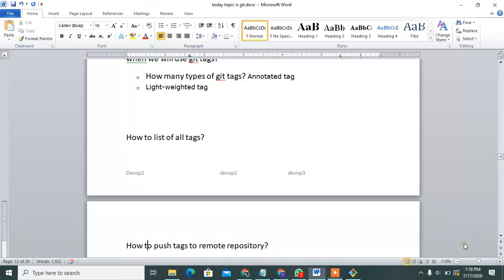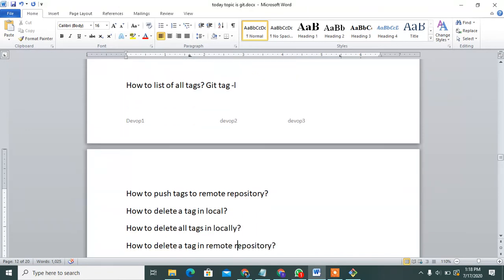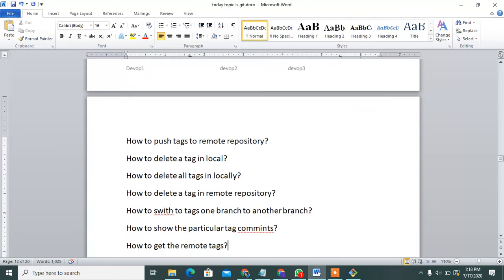Okay, next question: how to list all tags? git tag -l. This command displays all the tags.